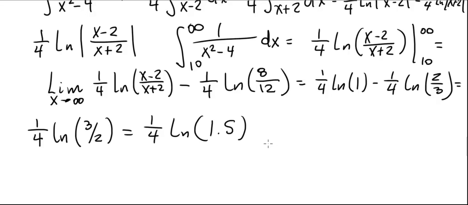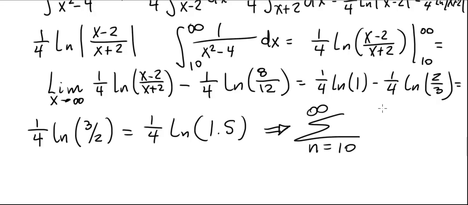That's a positive number, and more importantly, it's finite, so the integral converges, and this implies that the series n equals 10 to infinity of 1 divided by n squared minus 4 converges